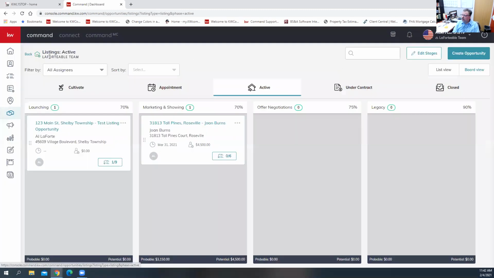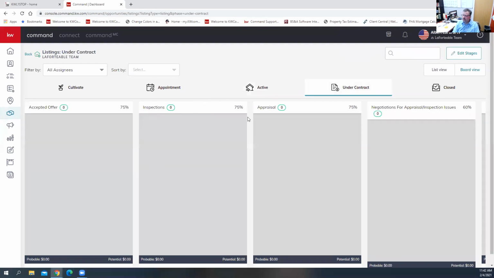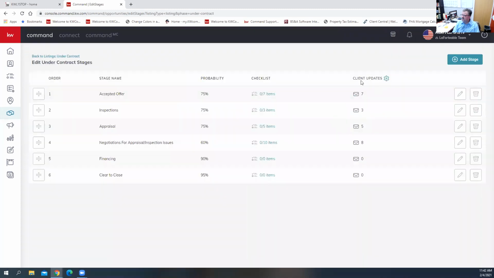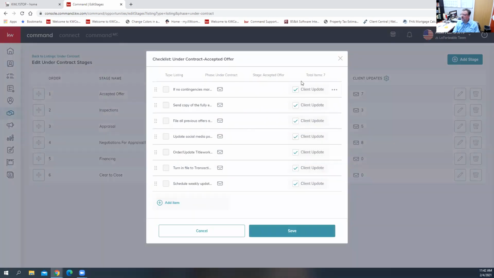Now let's go back to my under contract. So my under contract, I have the accepted offer, the appraisal, negotiations, and things like that, and the different stages that I have. Here's the different checklist items that I've started with. And this is kind of where I ended, and I've got to go forward from here and backward into the cultivation stage. So my accepted offer,